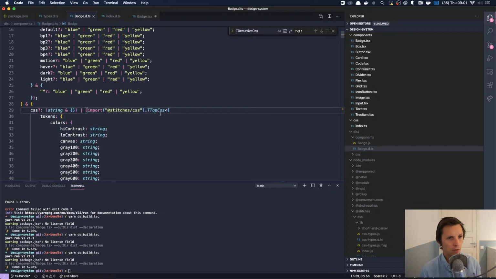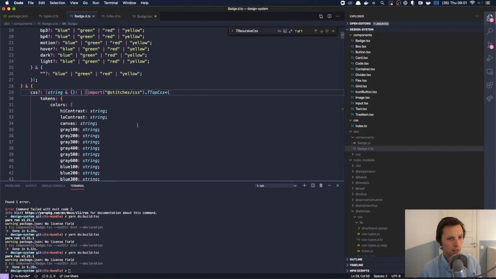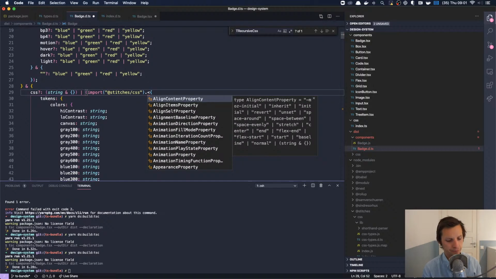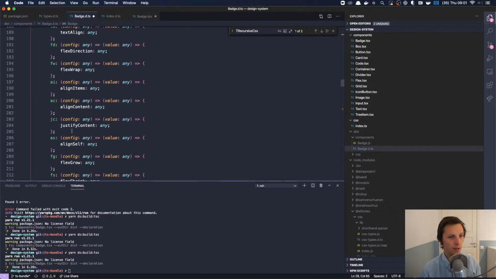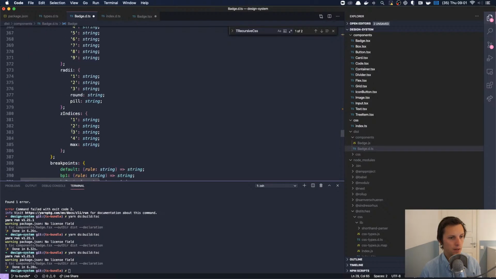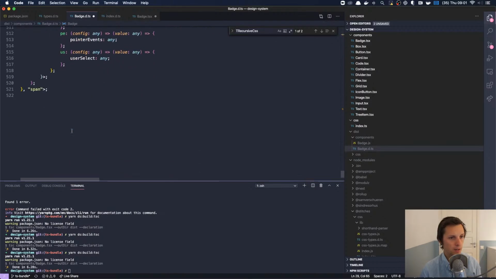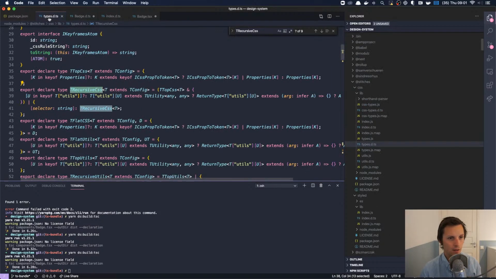Why does it split it up? Why does it dive into it one level? I don't understand that. It could have chosen to import here recursive CSS, and then everything would be fine. It doesn't have to. Why does it decide to do that? I don't understand. And then it wouldn't need any of this stuff. That would be enough. So why does it do this and not this?